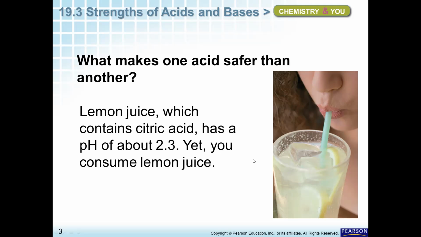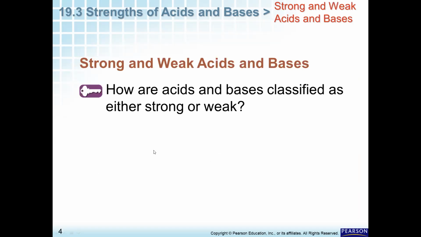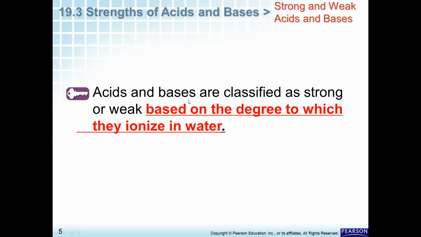Last time we talked about ionization of acids by giving an H plus and an ion which is left after that. So based on the degree to which it ionizes in water,